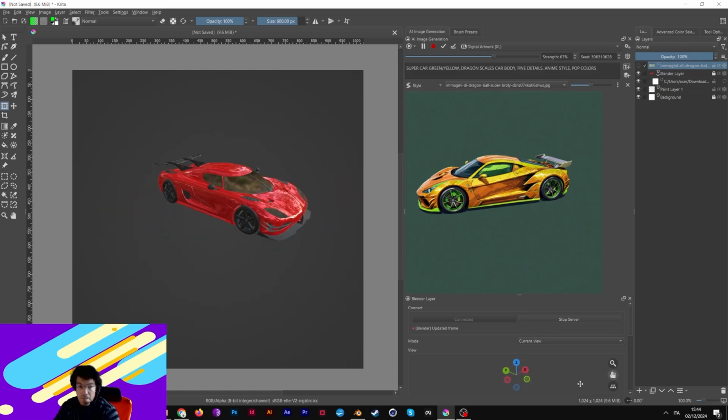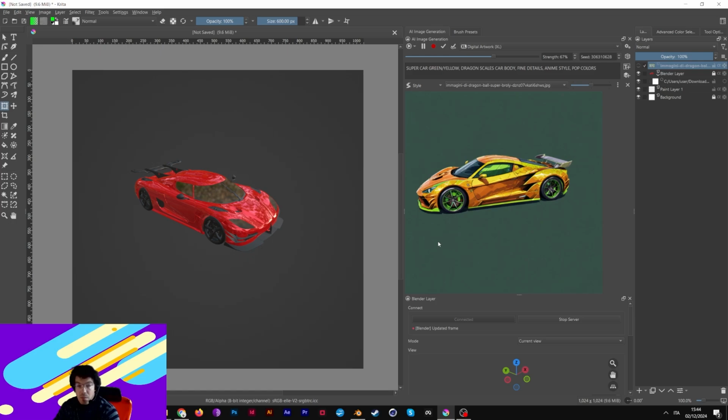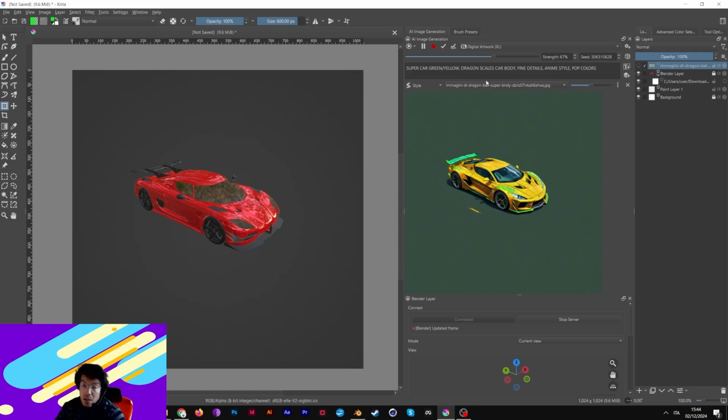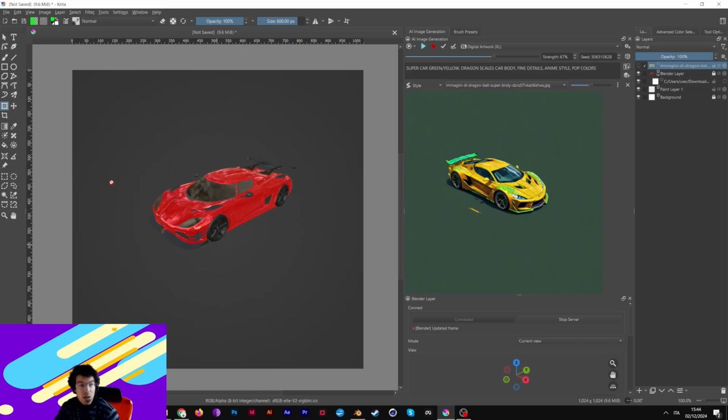Voila. Just a moment to have the right position. Right. Okay. Now I'm using this car,